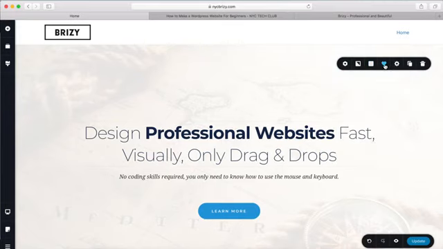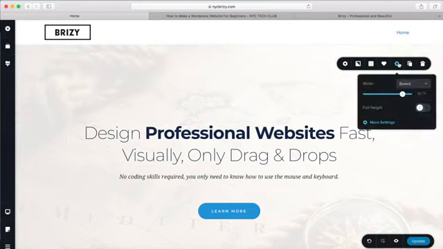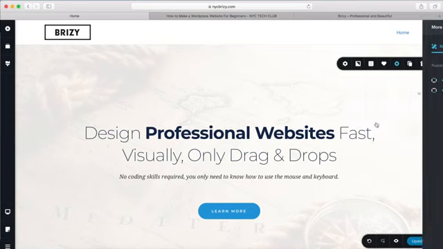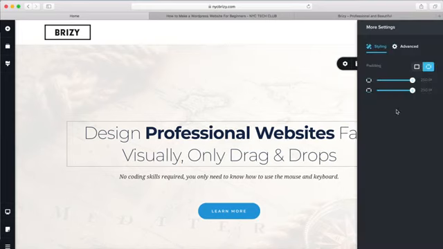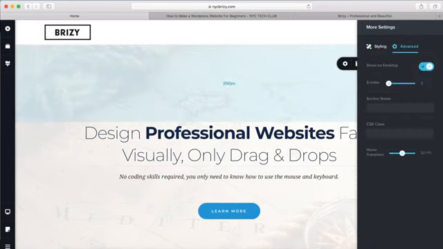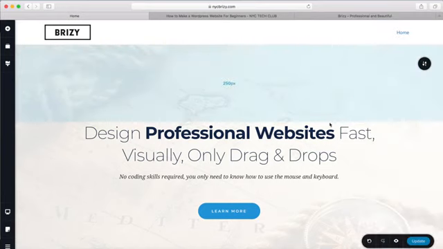If you want to save this block so that you can reuse it, what you want to do is click on the heart right here. And you do have some additional settings. I think we talked about this earlier. Maybe we didn't, but you can change the width of this section. You can make it full width. You can go into more settings right here, and you have some additional stuff such as the padding for the top and the bottom, and then some advanced stuff right here. So this is pretty much all you have to do to create a block and customize it,